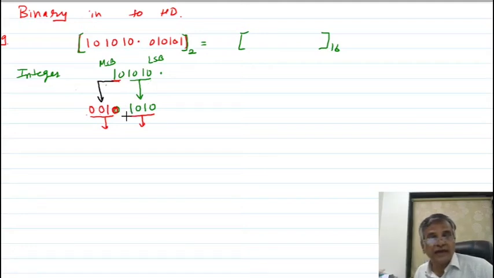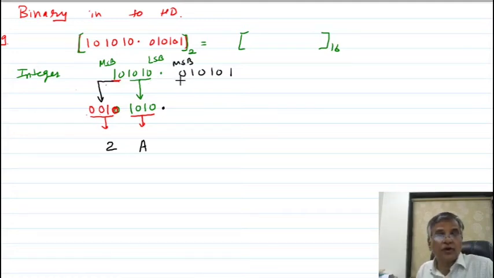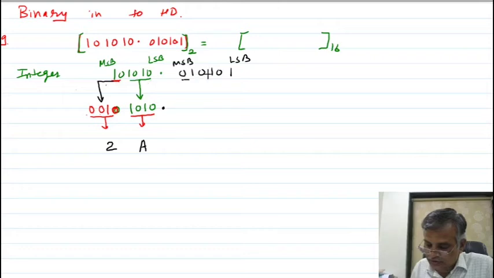So now you write the hexadecimal number of this binary. So hexadecimal number of this binary is A, and this hexadecimal of this binary is nothing but 2. Now prepare a group of 4-bit for the fractional part, 010101, while going from MSB toward the LSB. You know this is LSB. So 1 2 3 4, this is a 4 part, 0101.